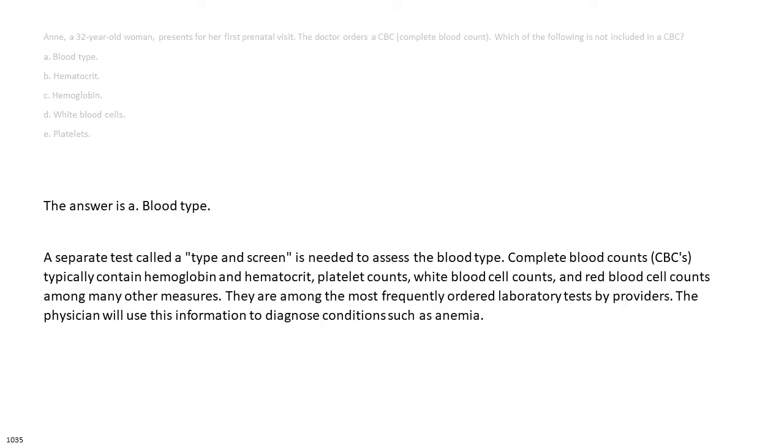The answer is A. Blood type. A separate test called a type and screen is needed to assess the blood type. Complete blood counts, CBCs, typically contain hemoglobin and hematocrit, platelet counts, white blood cell counts, and red blood cell counts, among many other measures. They are among the most frequently ordered laboratory tests by providers. The physician will use this information to diagnose conditions such as anemia,